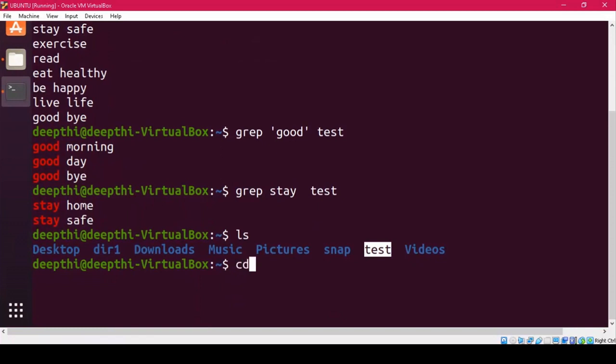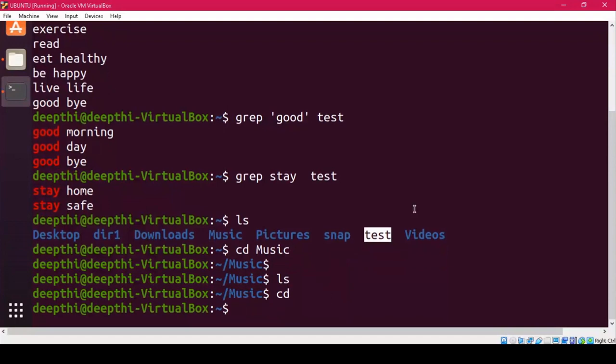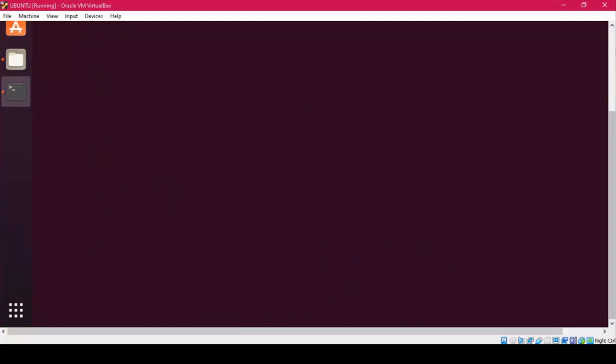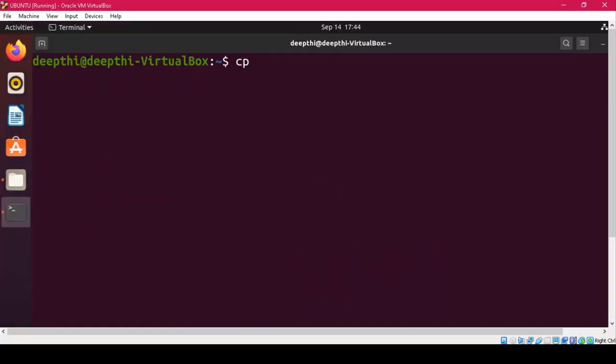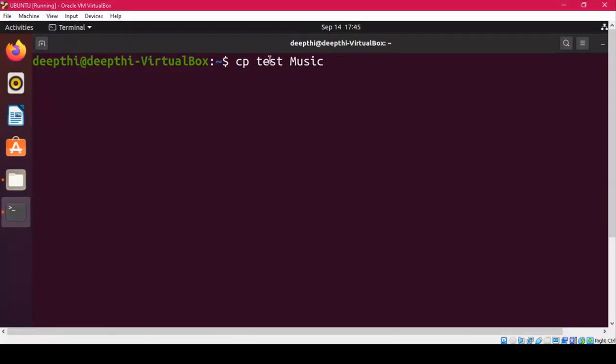cd. First of all, you will switch to the music folder and you will see whether something is available there or not. And as you can see, nothing is available. Again, come back to the present working directory, the home directory. Now, I will write cp, that means copy, and then the source file, that is the test file. And I want to copy this file into a new directory, right? So I will name the directory. So music is the directory where I want to copy the same file with the same name.